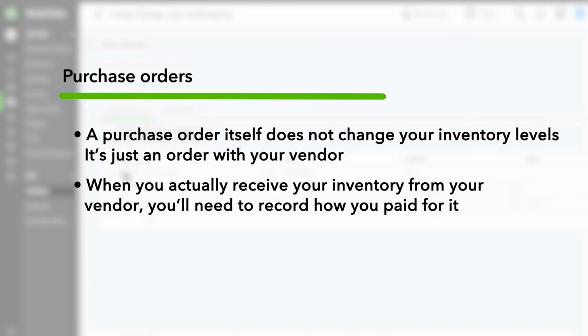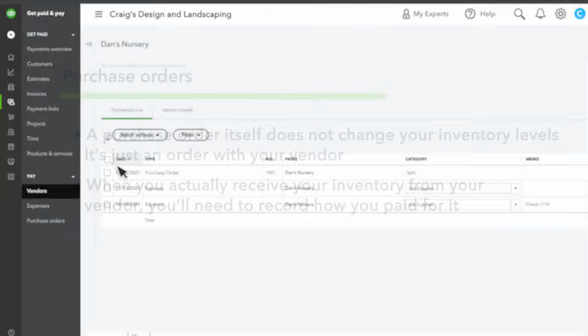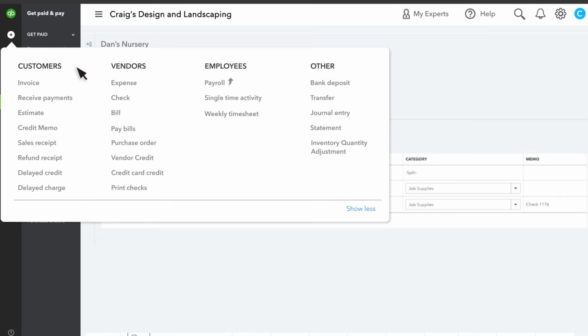When you actually receive your inventory from your vendor, you'll need to record how you paid for it. You can enter it as bill or check, depending on how you are paying for the inventory. This is what actually adjusts your inventory quantity and handles all the accounting.